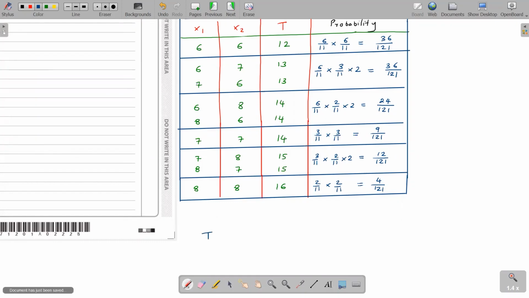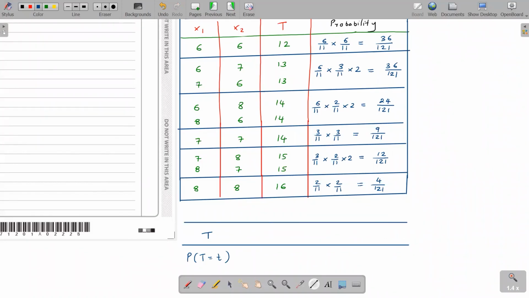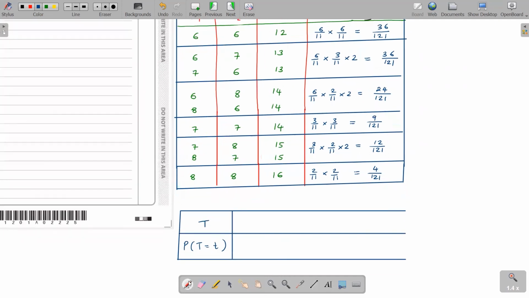So you have here capital T values and probability capital T equals to T. So let's get the table. The probability distribution of T, you have to give the T values and the associated probabilities of T. Okay, so what are the T values we have? We have 12. Go in ascending order. 12, then